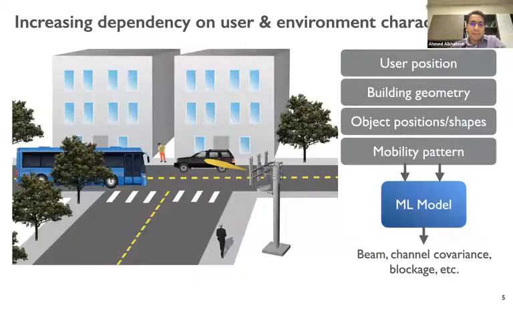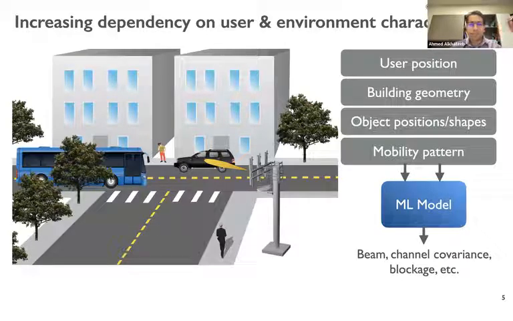Now, interestingly, if we look at these two key trends again, the move to higher frequency bands and large antenna arrays, while they bring new challenges on channel acquisition, reliability, latency, etc., they also bring some very interesting aspects. One key aspect is that channels, as we go to higher frequency bands and large antenna arrays, become more and more dependent on the geometry and the locations of the user and the blockage and so on. So basically, the information about the geometry and the specific locations and orientations of the transmitter, receiver, and different elements in the environment becomes very useful